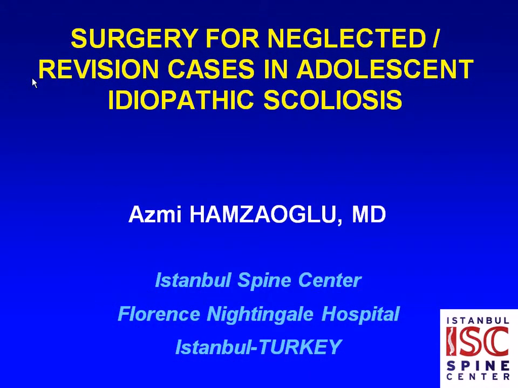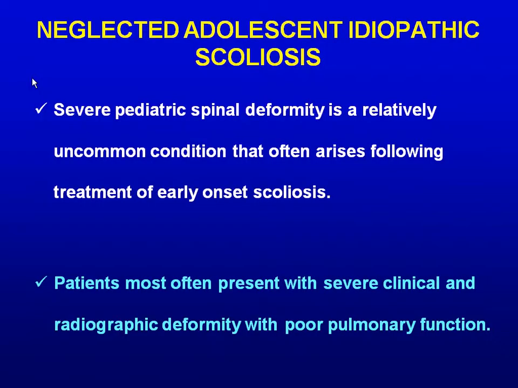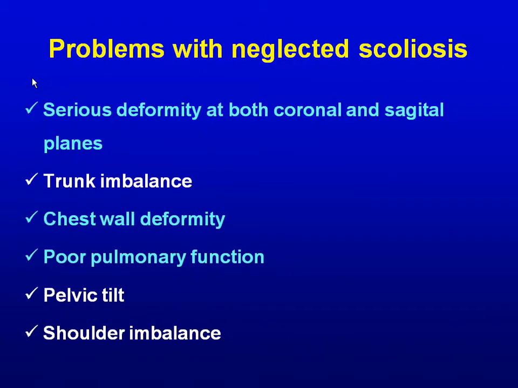Neglected adolescent idiopathic scoliosis and revision surgery. A patient with neglected adolescent idiopathic scoliosis most often presents with severe clinical and radiographic deformity with poor pulmonary function. The problems with neglected scoliosis are serious deformity at both the coronal and sagittal plane, chest wall deformity, and poor